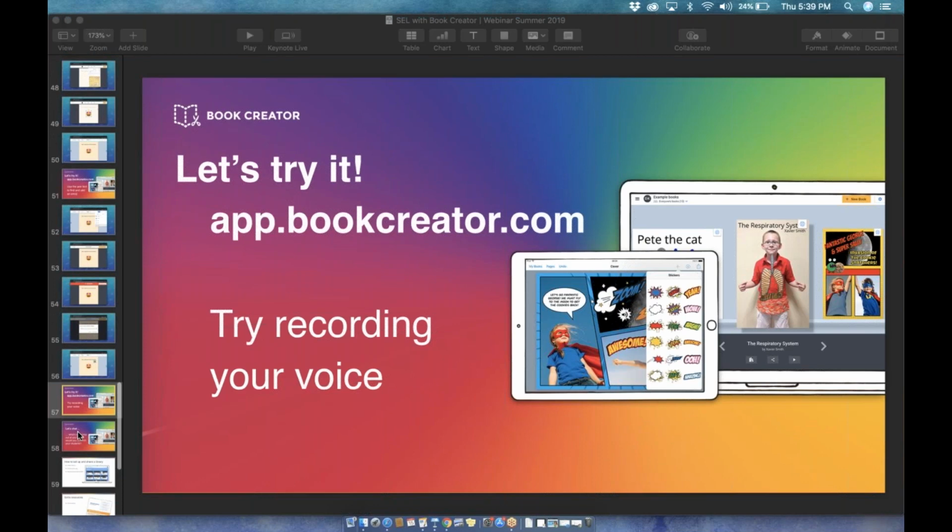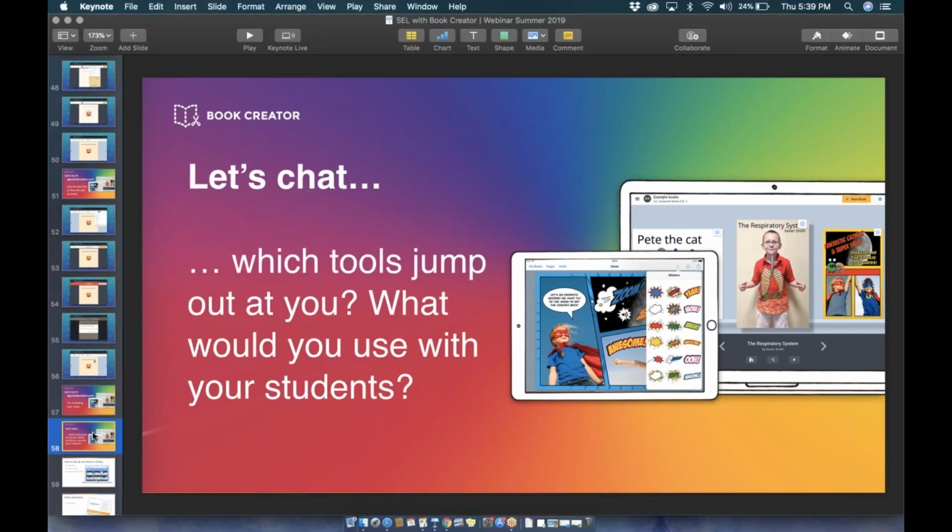So let's keep going. As you are trying these things out, I'd love to hear from you. Which of these tools really jump out at you? What would you use with your students? Is the emoji option just blowing your mind and giving you lots of ideas? Is the recording feature one that you know would help your students talk about their feelings or how their day is going? Or are you really excited about the ability to search for pictures and have kids use vocabulary for keyword searches? What is jumping out for you as you think about some of your priorities for social emotional learning projects this year? Go ahead and use that chat box, and I'll give some shout outs and hear what it's something that jumps out to you.